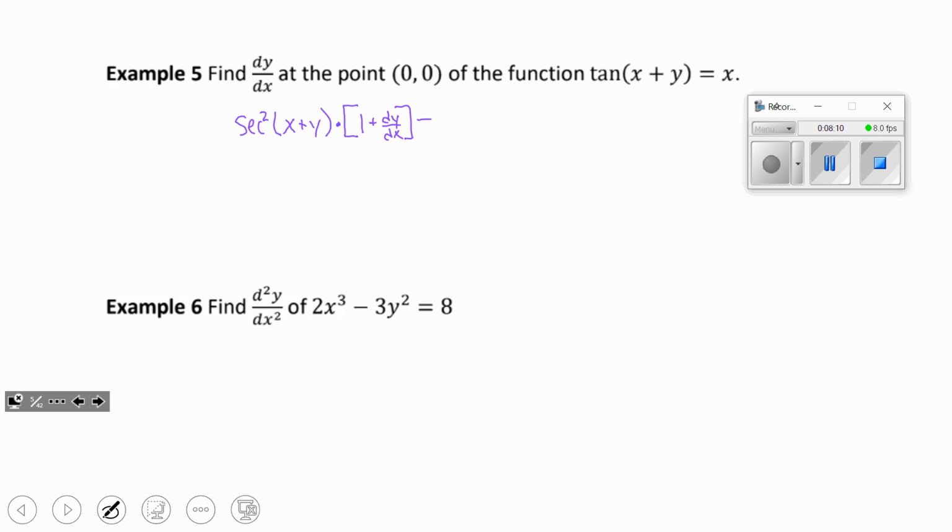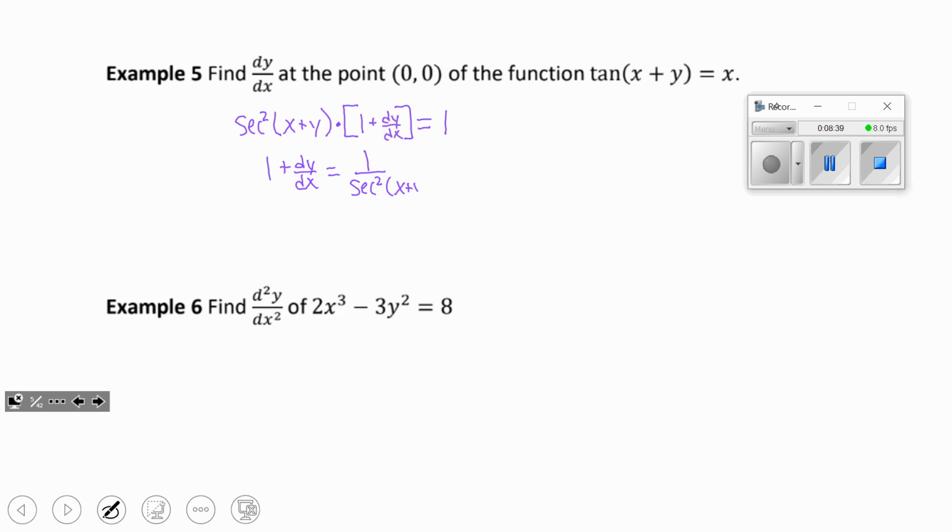All right, now I do the derivative on the other side. The derivative of x is just 1. And now I'm going to solve for dy/dx. If we look at it, it looks like I can probably just divide the secant squared thing off first. So I'm going to write 1 + dy/dx = 1 over secant squared